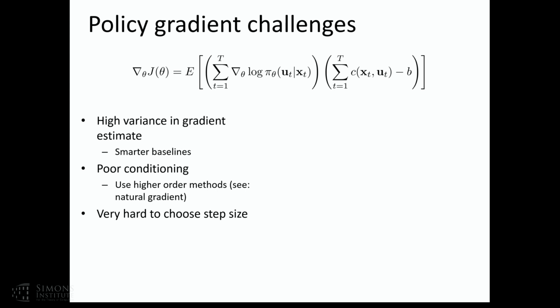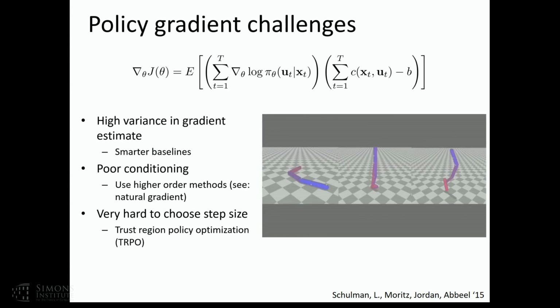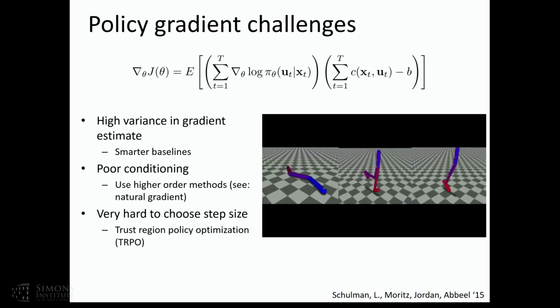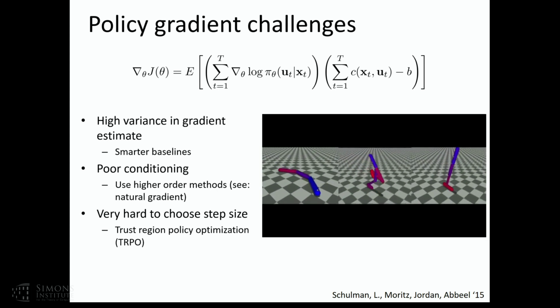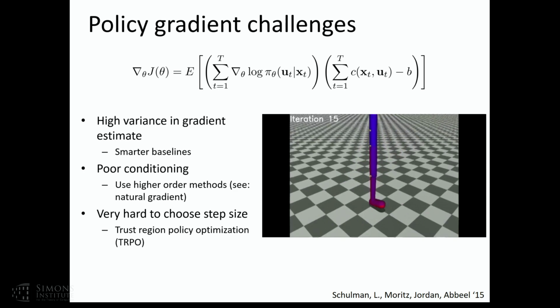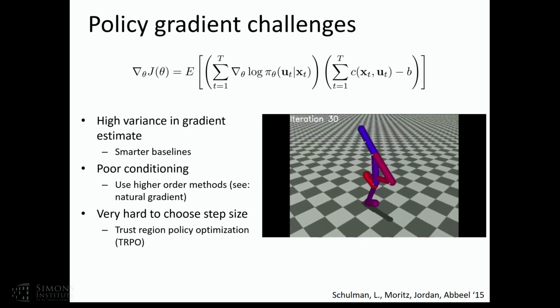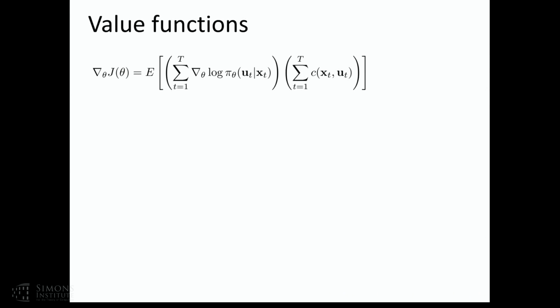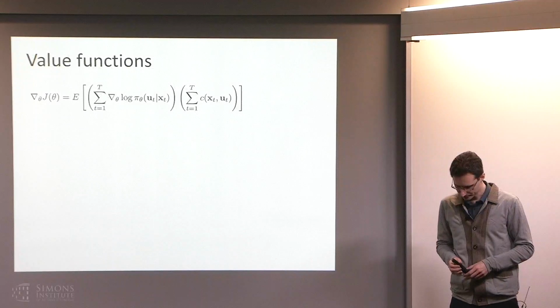So trust region methods, where the step size is chosen so as to bound the change in the policy, can be really helpful there. This is a method called trust region policy optimization. This is something that we developed a couple of years back. That tends to work pretty well. It's a combination of natural gradient and trust region. So you choose the step size so that your policy changes by a fixed amount in terms of KL divergence. I won't get into the technical details of that, but that was one of the methods that seemed to work fairly well for some very large policy classes.